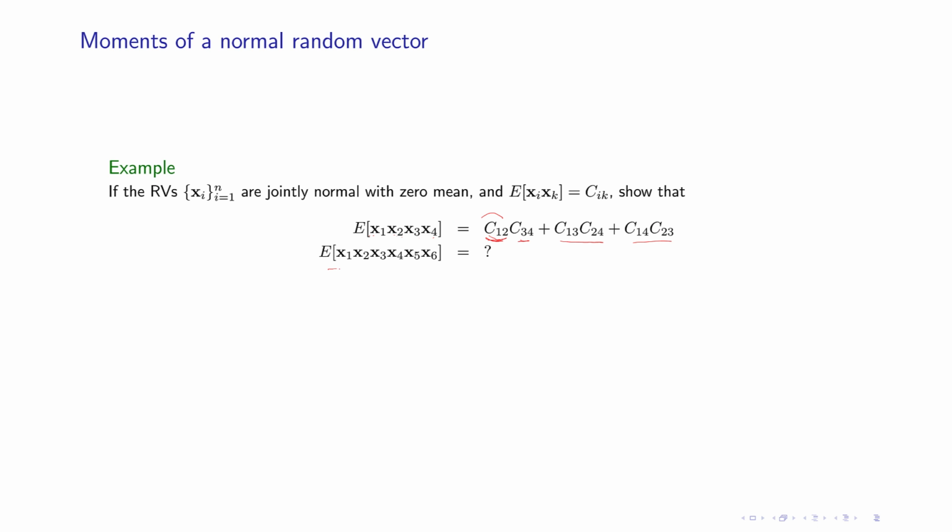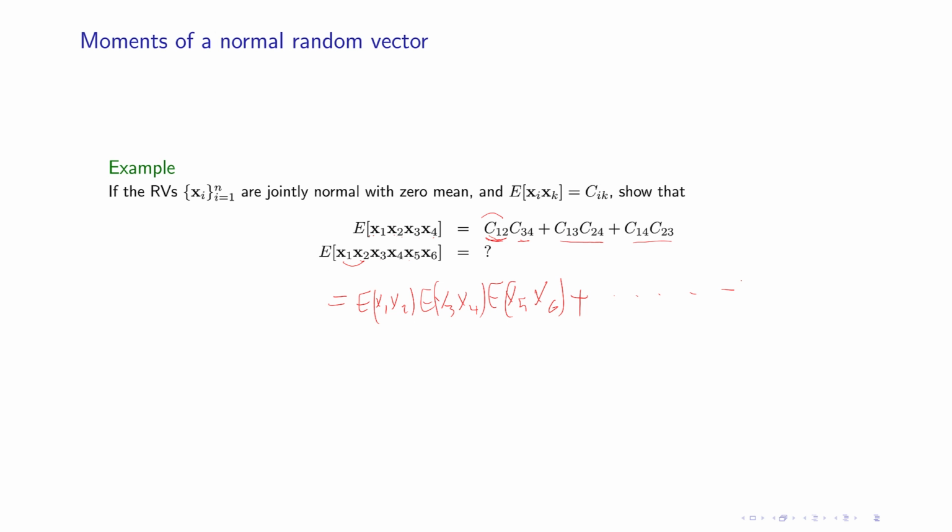Now, for this case, if I have 6 of them, what do I get? I have to get these 2, so it's going to be equal to the mean of x1, x2. Now I get the mean of x3, x4, and then the mean of x5, x6. Now, plus all possible such combinations 2 by 2. Okay, the reason is that if you look at either the joint distribution of normal random variables, or if you